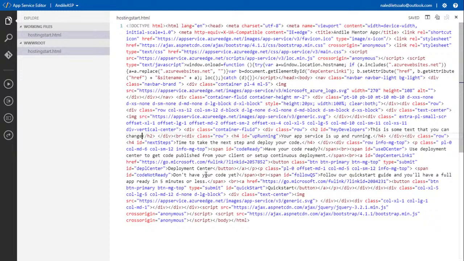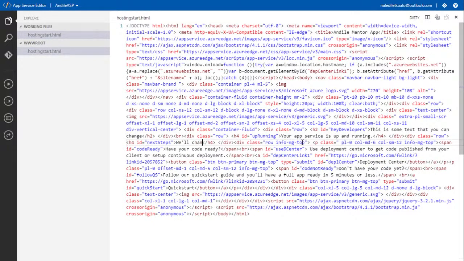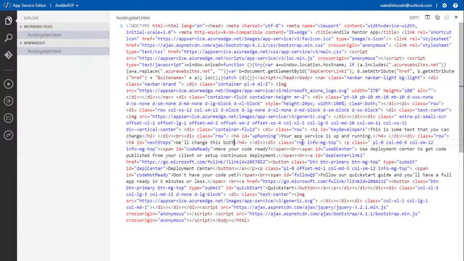In addition to that, I'm going to change one other thing. "Take the next step to deploy your code." And this one, we'll change this button later. All right, and your app service is running.